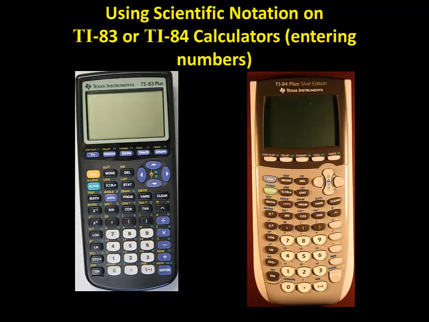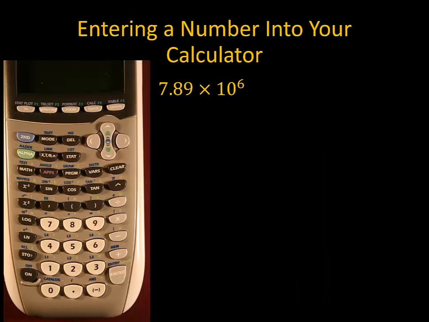This short lesson will be on entering numbers into the TI-83 or 84 using scientific notation. The keystrokes are identical on the two calculators, as is the layout of the keys, so from here on out I'll only show pictures of the TI-84. Here's our first number to enter, 7.89 times 10 to the 6th. The keystrokes for entering this number are